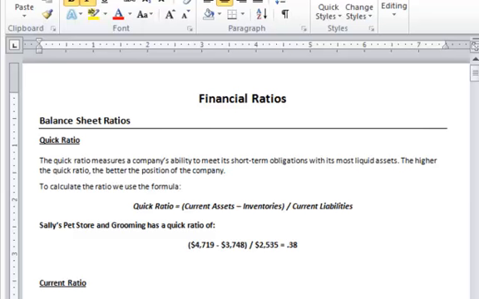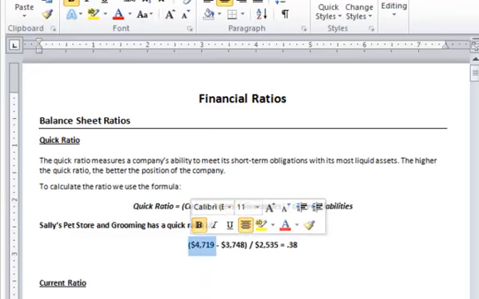Do they have enough items that could be quickly converted to cash to be able to pay their bills? So the higher the quick ratio, the better the position of the company. 0.38, not that high. So this document on the left shows you how to do each one of the ratios. It talks about why each one of the ratios is important, but I also want you to note the numbers that each one uses. So current assets, for example,